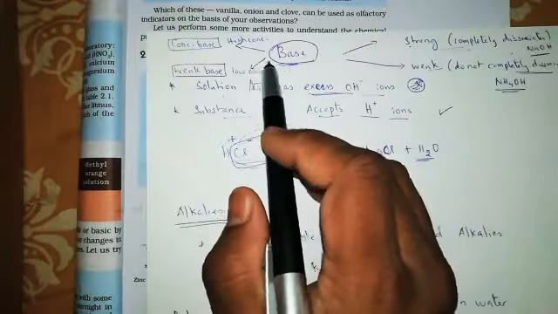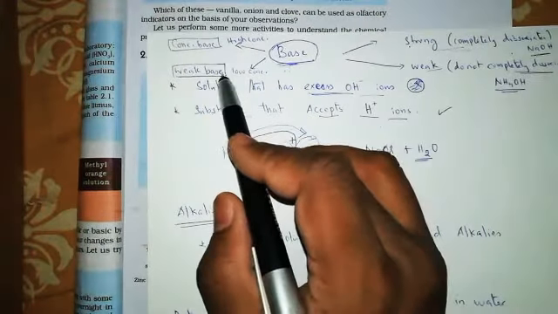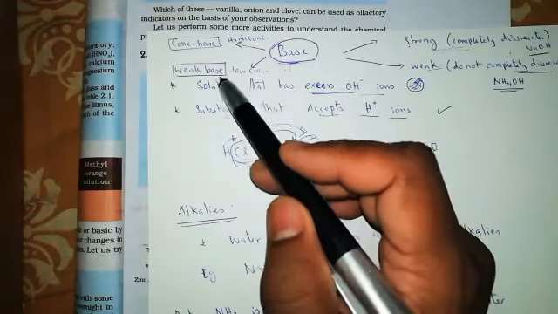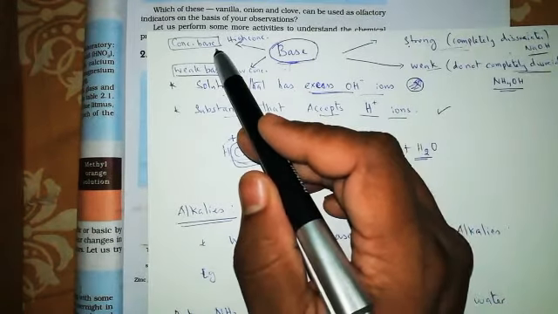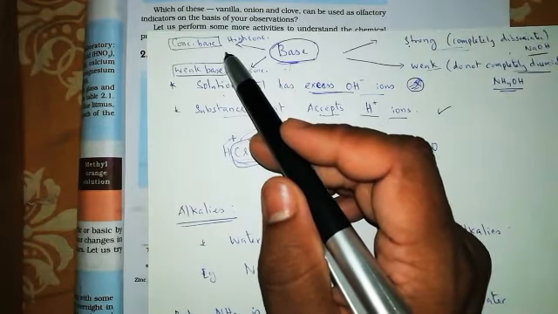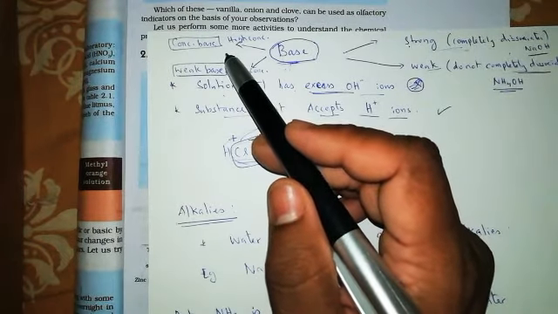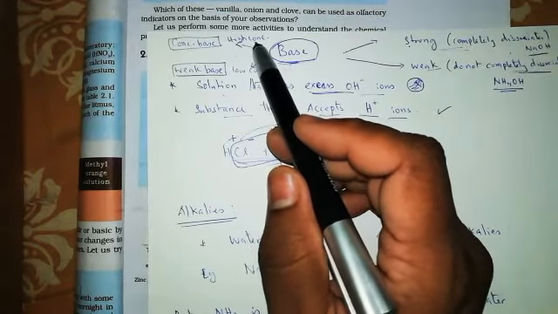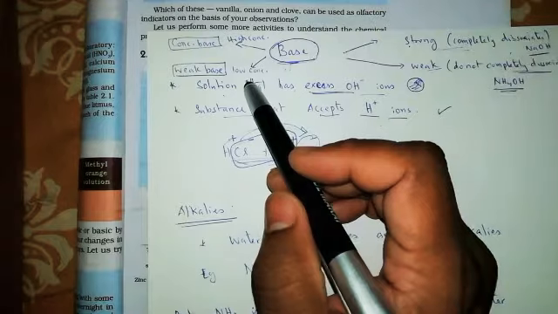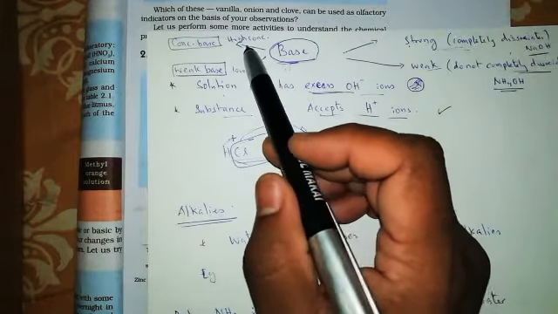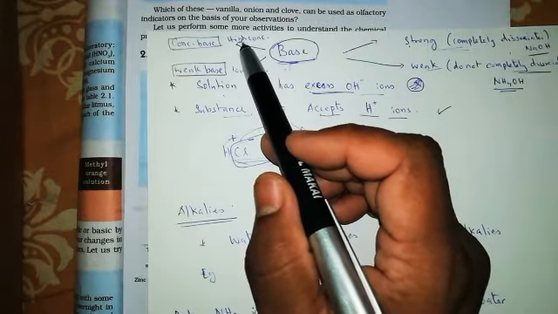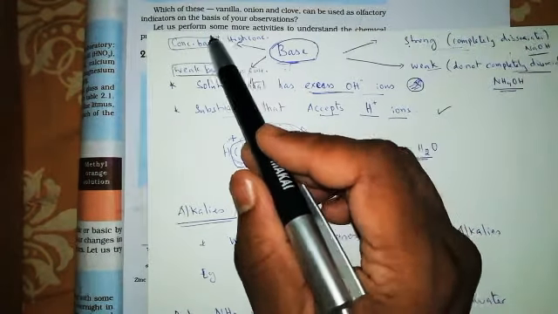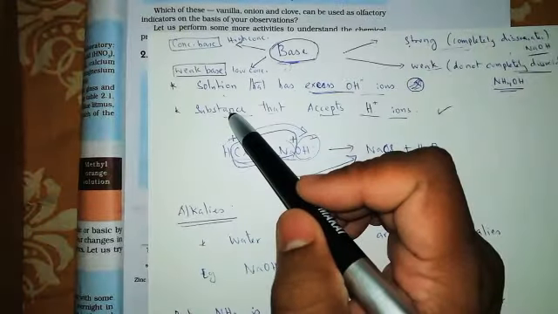Okay, what are concentrated base and weak base? As we talked about concentrated acid and weak acid, concentrated acids have high concentration, right? Same like acid, base also has high concentration and low concentration. If the base has a high concentration of base in an aqueous solution, that is said to be a concentrated base.